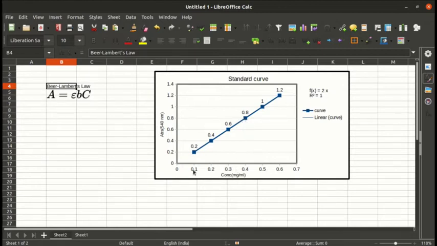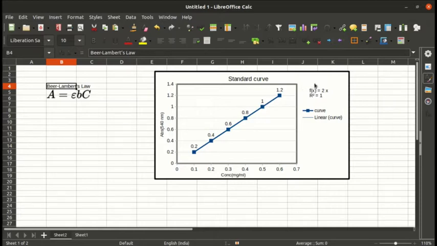You see here, onto the x-axis I've taken concentration, and I've also specified the units as milligrams per ml, and onto my y-axis I've taken the absorbance, which is at 540 nanometer. Mind you that absorbance is a unitless quantity.